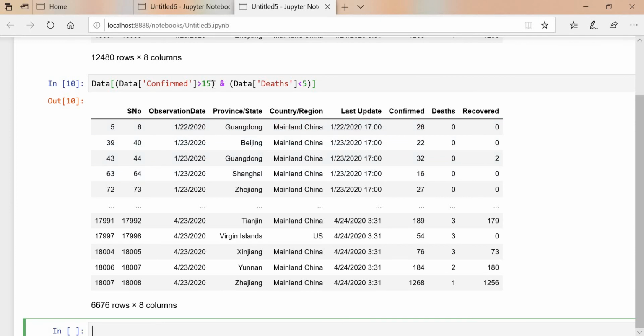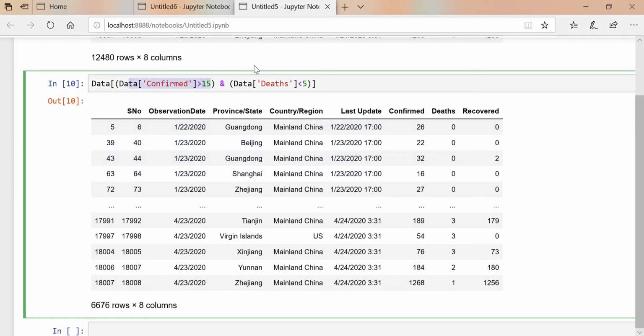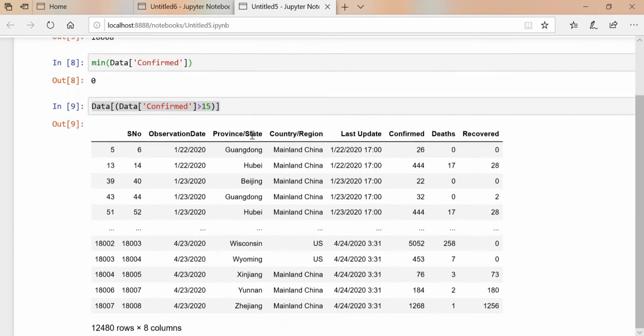If both conditions are true, then only we are getting that data. See, the confirmed case is greater than 15, it's true. Then the death case is less than 5, that is 0, it's also true, so we are getting it accordingly. If you change the condition here to greater than and execute,